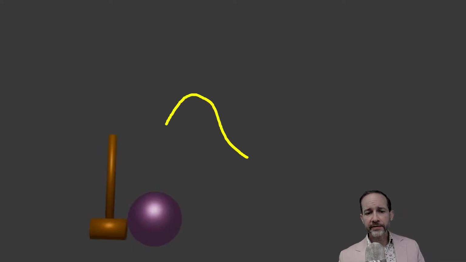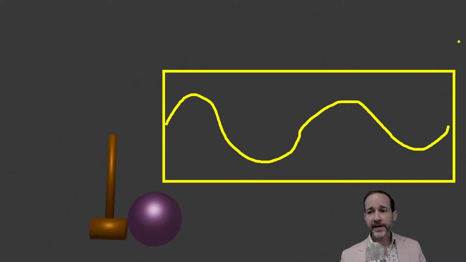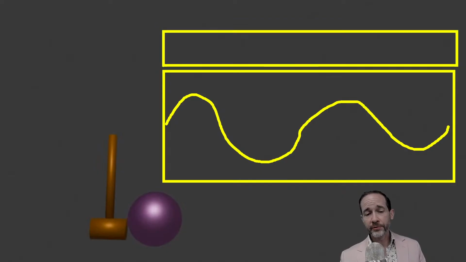Watching what I'm doing and creating a similar graph is part of the process, but then figuring out how, because I'm always zooming in and zooming out on the graph editor, the amount of time I'm looking at is almost certainly different than the amount of time you're looking at.